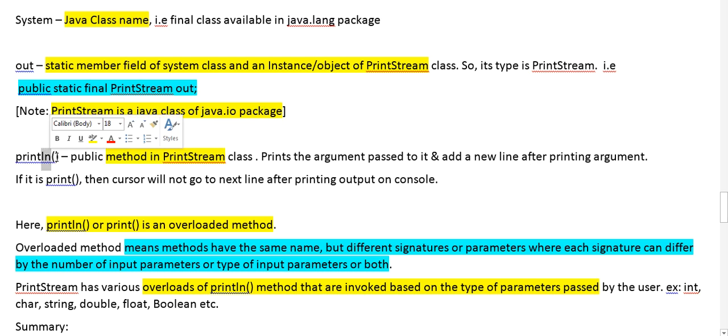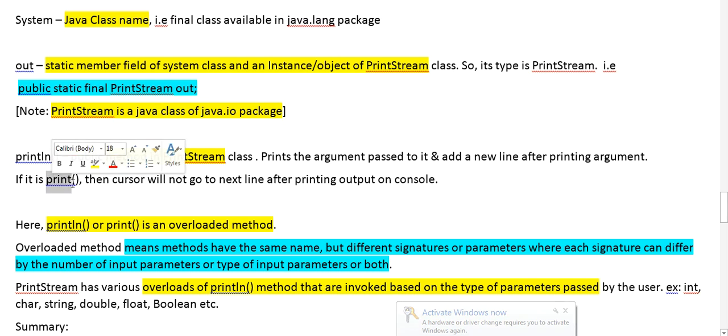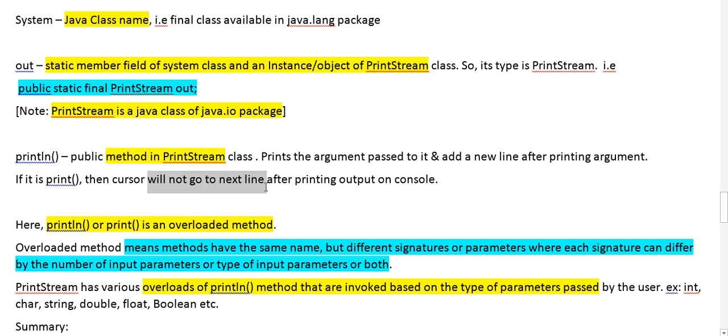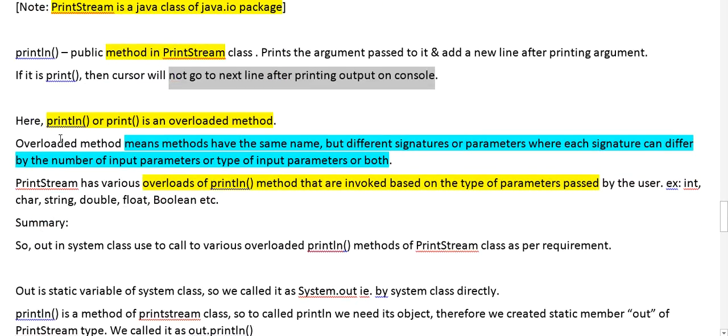After printing the argument, the cursor will go to the next line. If we do not add ln and write print directly, then the cursor will not go to the next line after printing the output on the console. Further we will be discussing this in detail also.